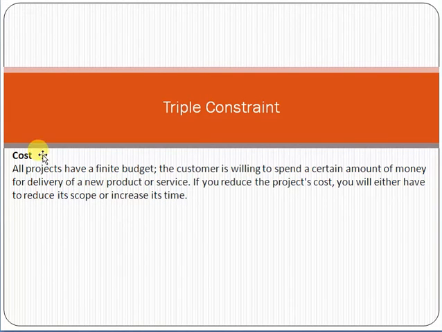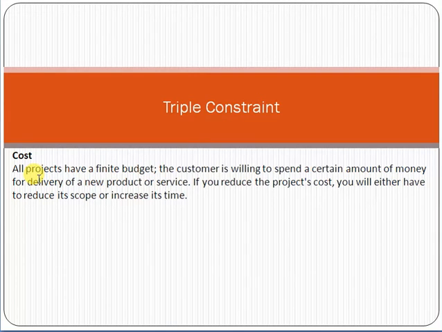The third factor is cost. Cost means, friends, how much cost is required to complete the project which you are going to deliver. Cost is dependent on the resources: hardware, software, human resources. Time is also a cost, time is also a resource. So cost is dependent on the number of resources which you are going to use to deliver a project.